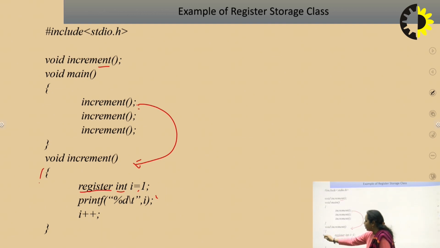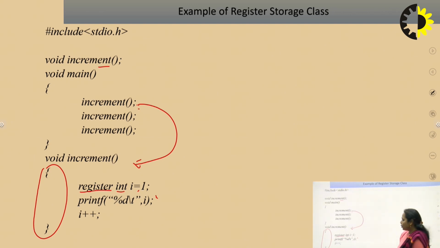The scope of the variable will be confined within this block only. This block is represented by this curly braces pair. So the scope of the variable is limited till this position. Second is the life. Life of the variable is also confined within the function call only. Means till this function call is active, the value of i will remain with it. As soon as this function call is deactivated, the value held by i will also be deactivated. So life of i is confined to this particular function call.